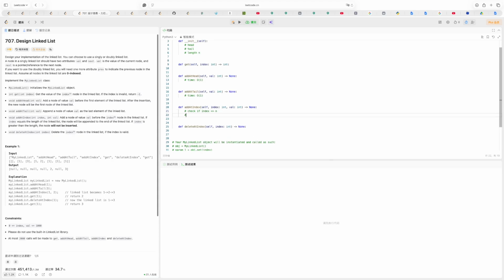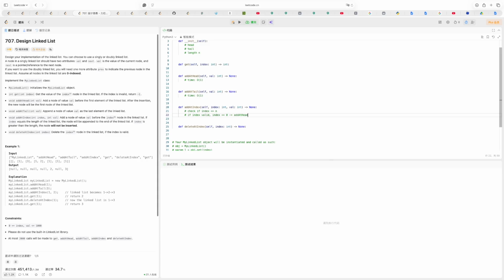Some optimization: if index is valid, and index equals 0, then we can call add head,